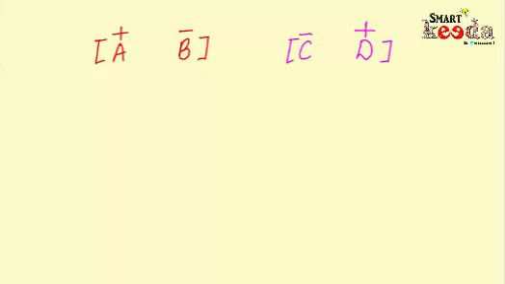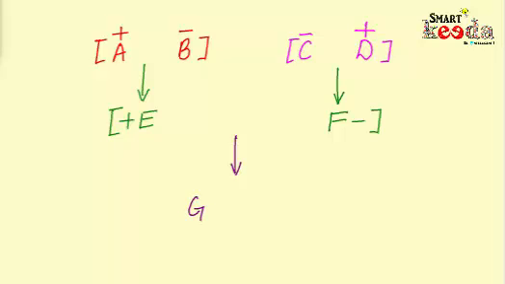Now I will draw a downward arrow from A and B to plus E, and we will also draw a downward arrow from C and D to F of minus and enclose E and F in square bracket, and again a downward arrow from E and F to G and H, where G is of plus sign and H of minus sign. And now I will put G and H in curly bracket. Now we can see that there are three generations.